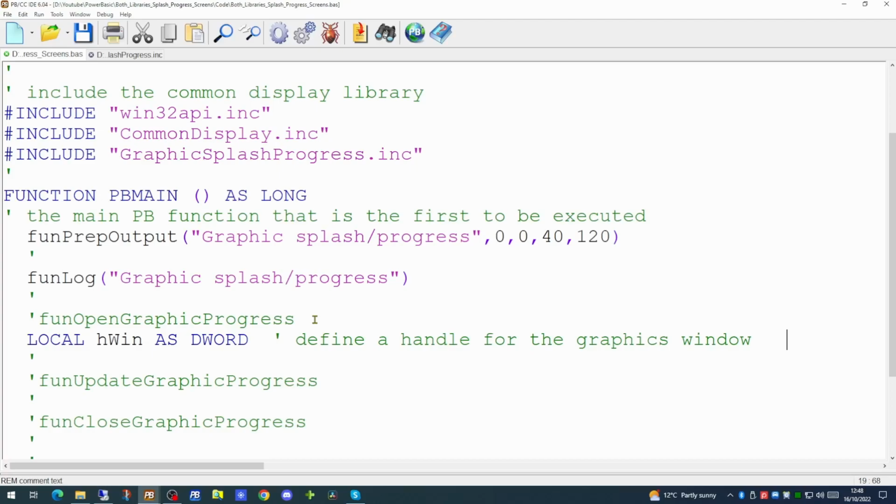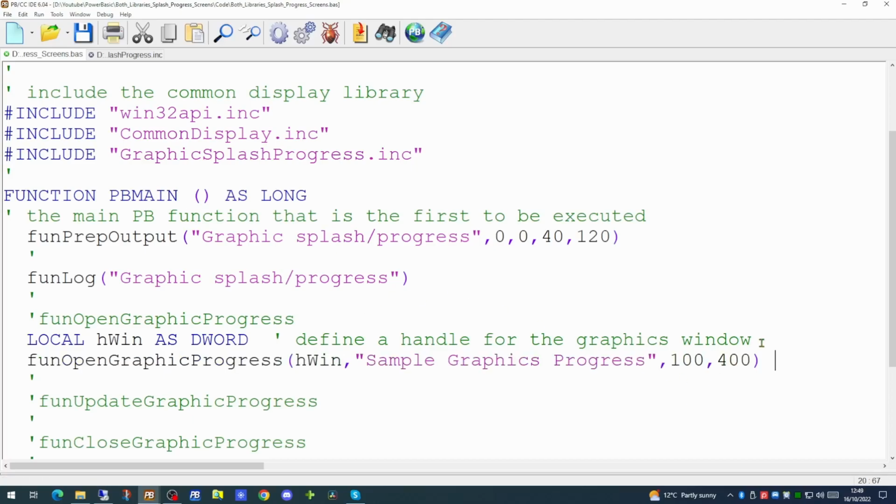We will also want to put some text at the top of the graphics window. And ideally, we'll want to tell the function where on the screen to place that graphics window. These X and Y coordinates can be optional, and we can let the function default to somewhere on the screen if we do not supply them. So we will need a minimum of 2 parameters and a maximum of 4 parameters to this function. So let's assume for the moment we're going to set the X and the Y locations to be 100 by 400. So the call to our function will look like this.